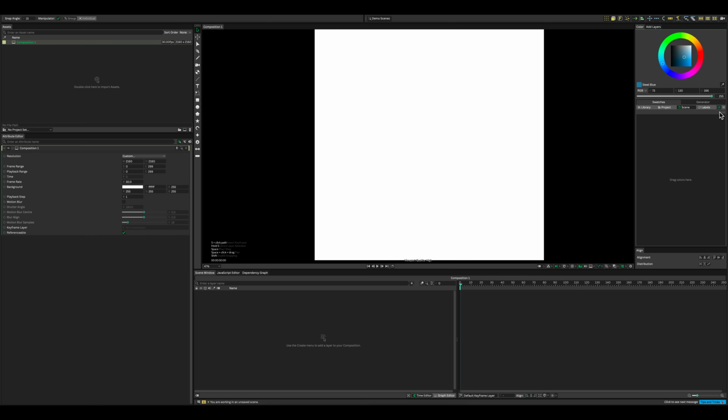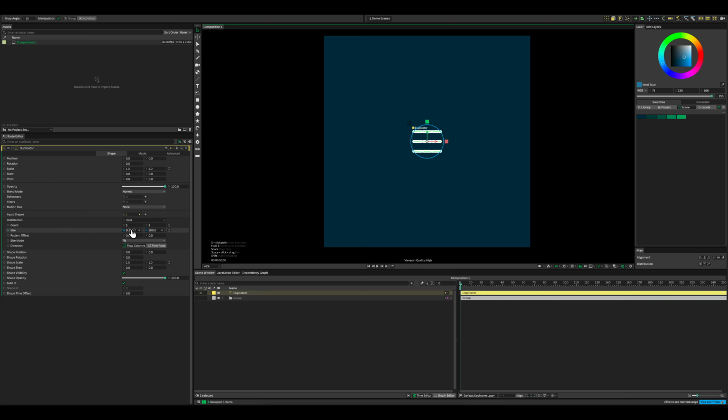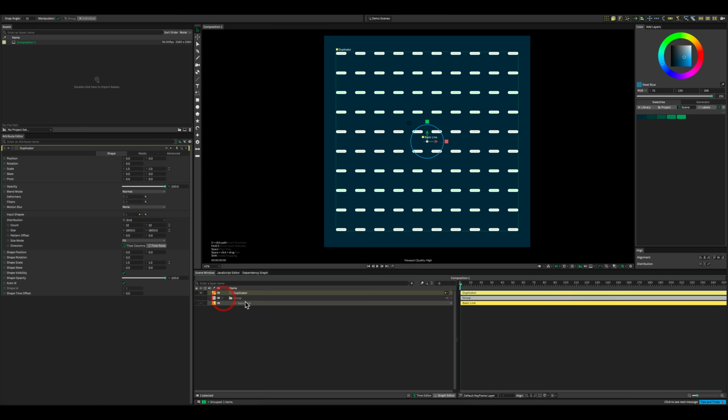Now group the object and add a duplicator. On the duplicator, we change the count from 3 to 10 and the size to 900, well, 1800. Let's go back to the basic line